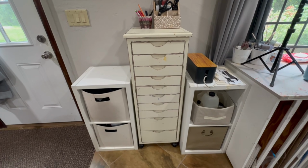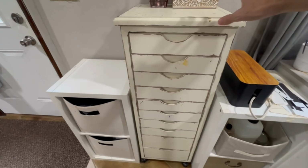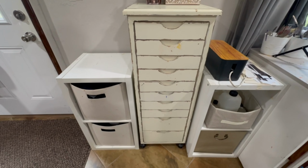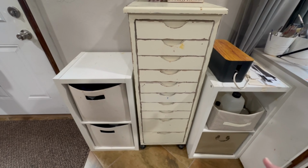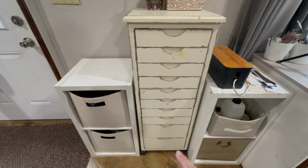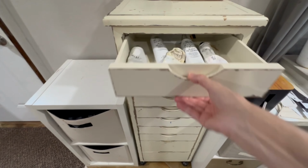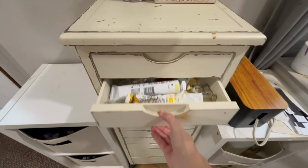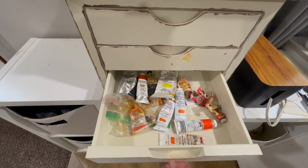And my absolute favorite thing is this cabinet right here that I got at Hobby Lobby. And the reason why I like it so much is, first of all, it has wheels for great mobility. I can put it anywhere I want to. And second, it has just the exact amount of drawers that I need to organize my paints by hue. As you can see, I have all my whites here. I have my yellows here, my oranges,